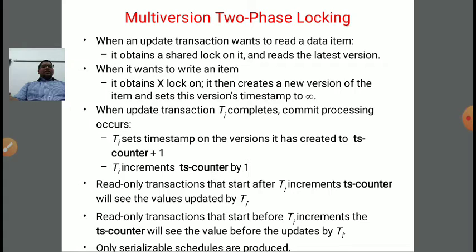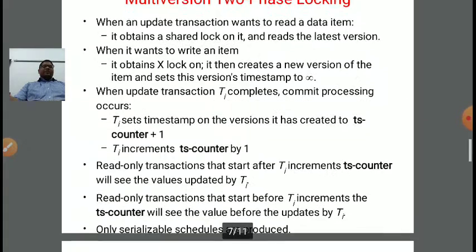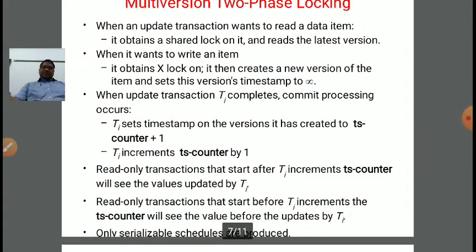Next, read-only transactions that start after Ti increments TS counter will see the values updated by the transaction Ti. Now read-only transactions that start before Ti increments the TS counter value will see the values before the updates by Ti. Now only serializable schedules are produced in this case.